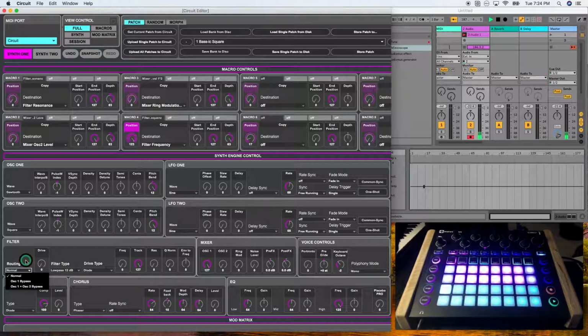Routing enables you to skip the frequency cutoff for one or both of the oscillators. I'll warn you about this: if you bypass the filter, the volume of the oscillator will be much higher because the tones are not being filtered in any way. So keep that in mind if you decide to do that. You'll have to play around with the mixer a lot to get the balance right.